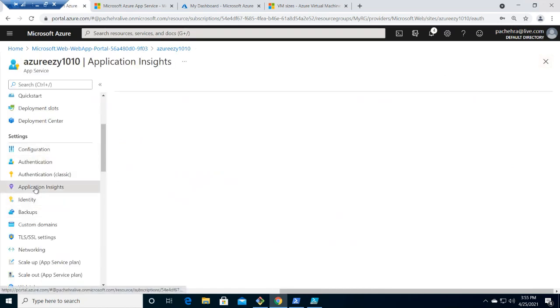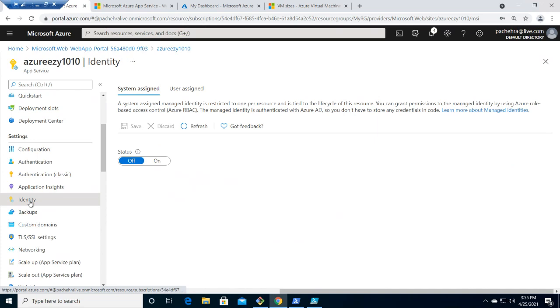And we have Application Insights, which we have already covered. Even identities, this is the same identity that we talked about during the VM creation, managed identity. This is the same thing, system and user, because if your app is going to talk to other Azure resources, that's how you can enable it.